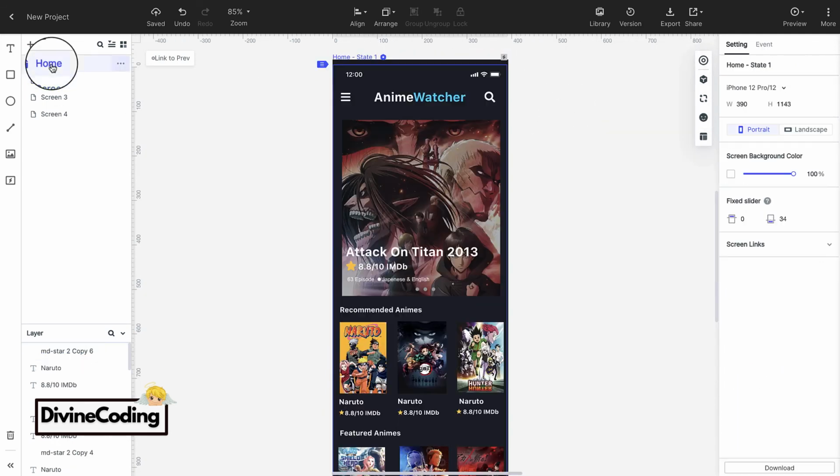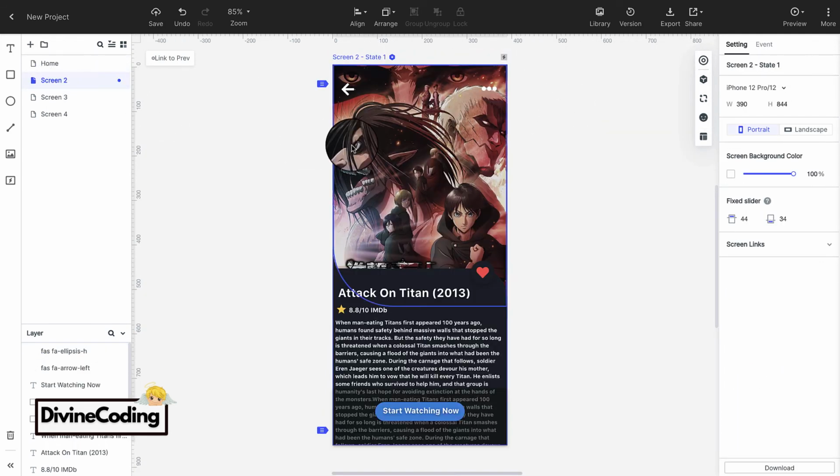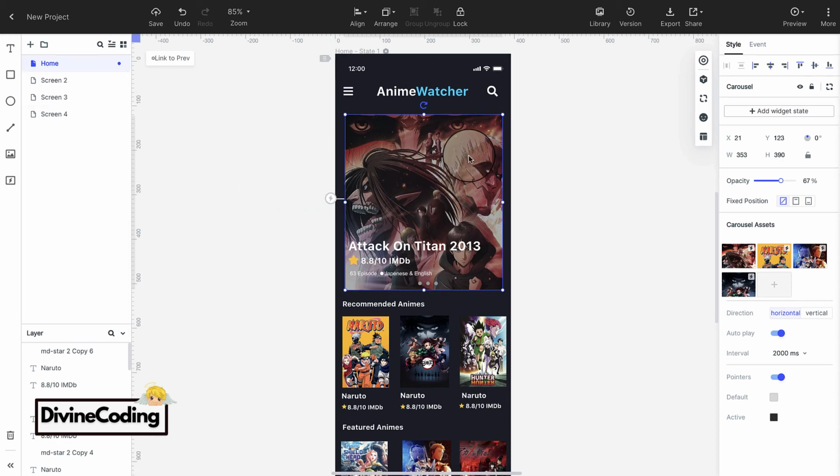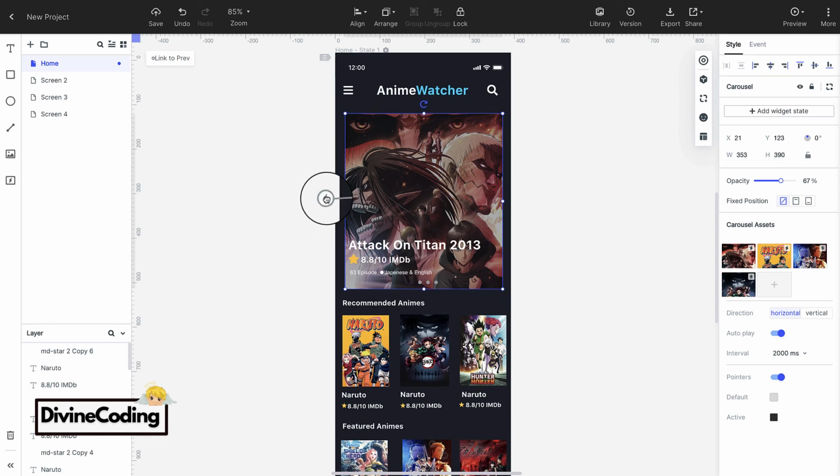So here we did create 2 screens, but the question is how we are supposed to navigate between each other. So let's take for instance, whenever we will press on this carousel, we should be taken to the second screen. So here you will notice one thing, whenever we will click on some icon, widget or anywhere, then we are getting this small draggable button, which is an action button. Then we just simply need to drag it till the second screen like this.